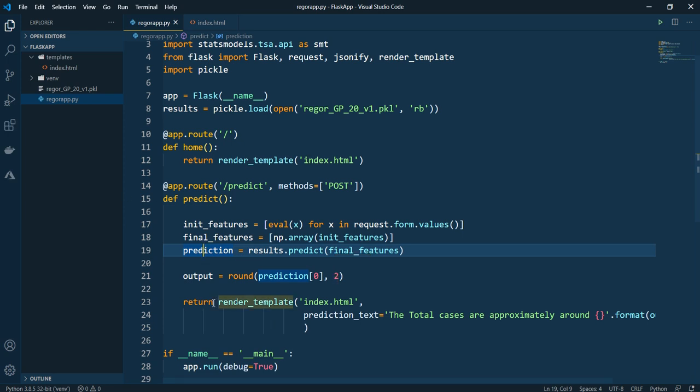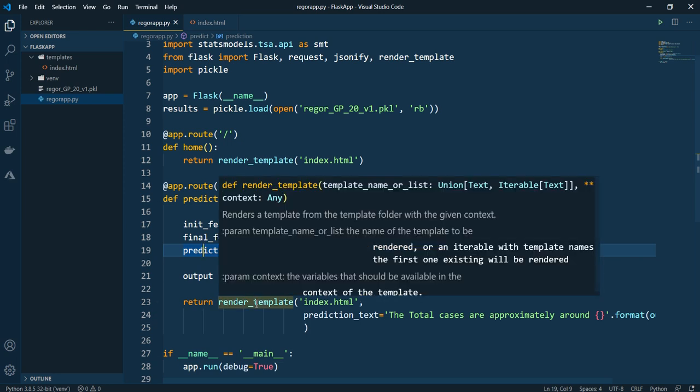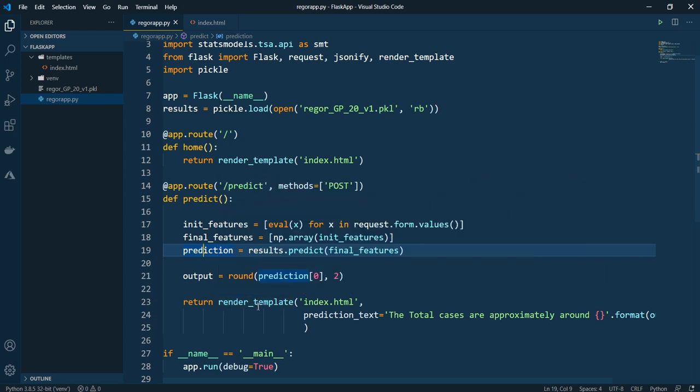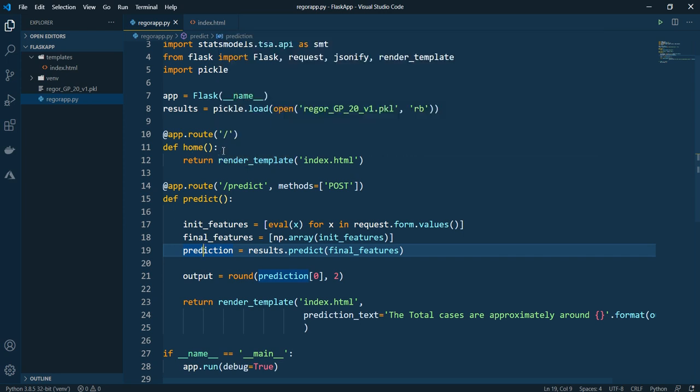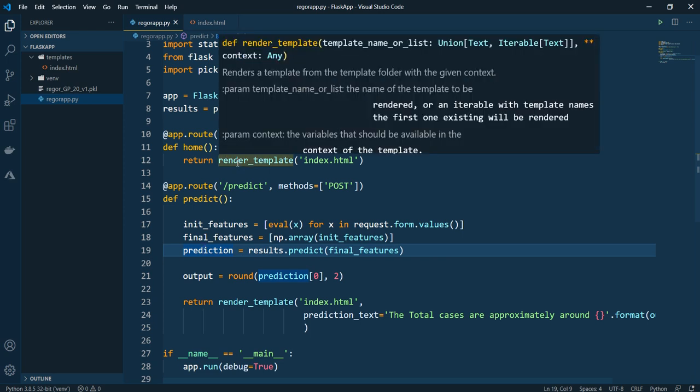Okay, and then finally we are again rendering this. So just mind you, for every definition or every function which you make, that is by app.route or on the HTML page, you have to render the result on that particular page.